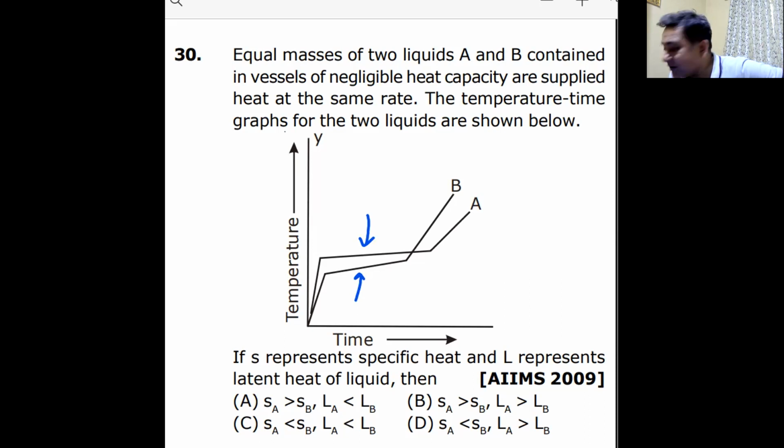Tell me the answer. Redeem yourselves. Which one? Whose specific heat is more? Whose specific heat is less? Whose latent heat is more and whose latent heat is less? And the answer is